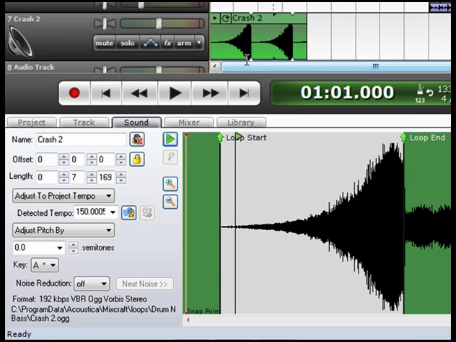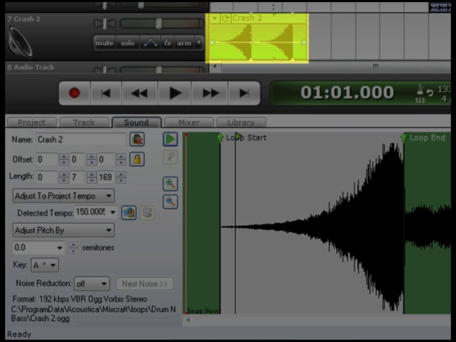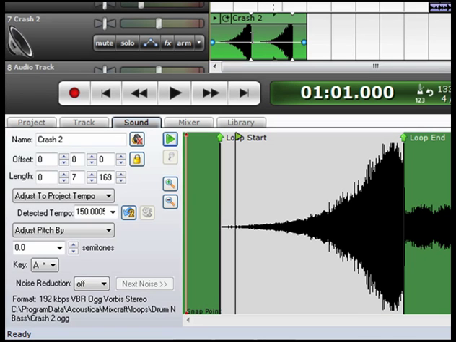Perfect. Now you can see that it adjusted the loop up here in my track, but it also took the length of the loop and did not adjust it. So that's why we see two sounds. So if we go in our main arrange window and preview it,